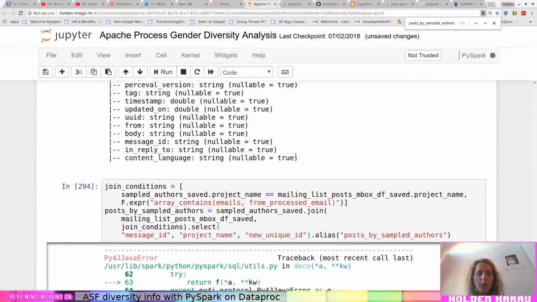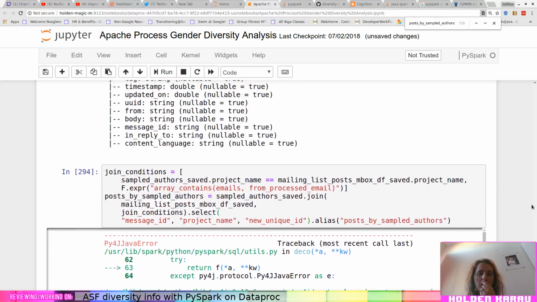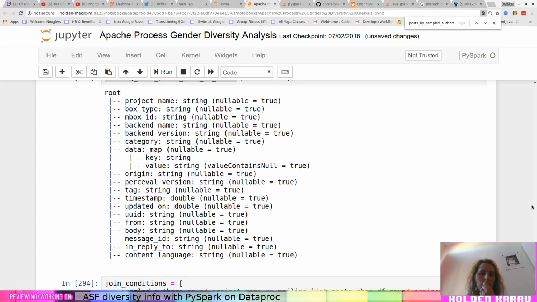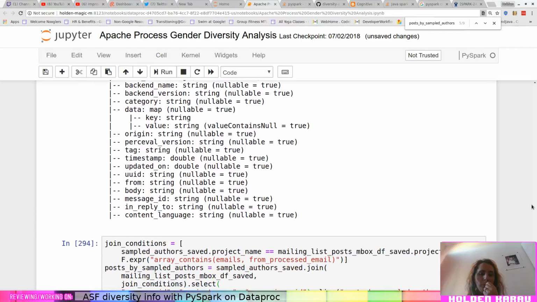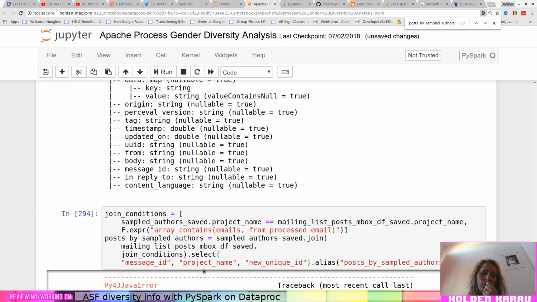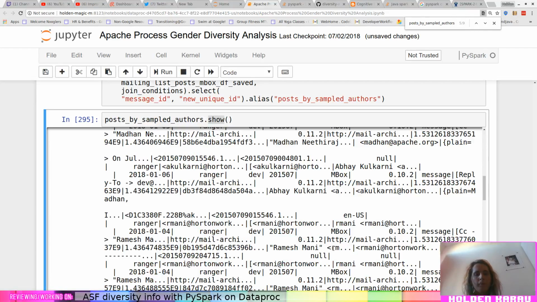Why is it unhappy? Project name is ambiguous. Huh. Oh. Well, I guess we actually don't need the project name anyways, because they both reference project name. Ugh, God damn it.